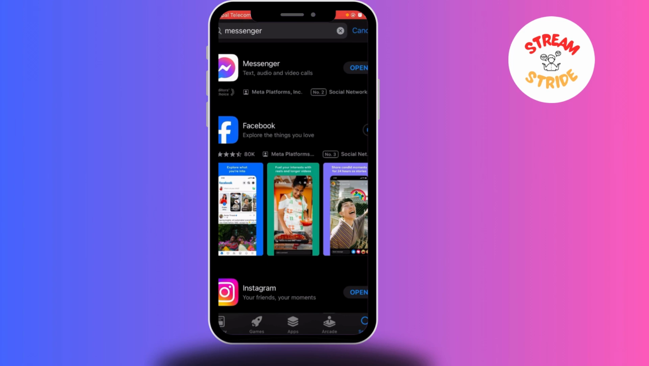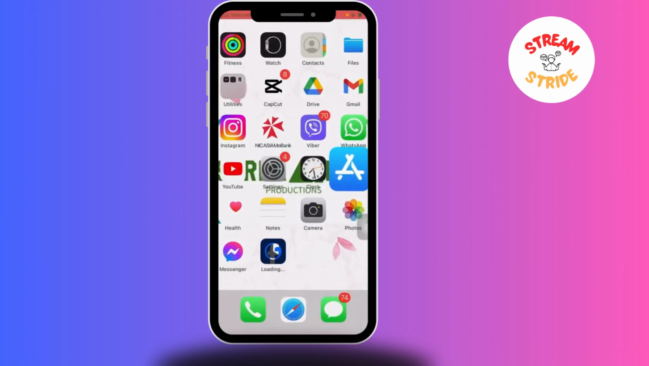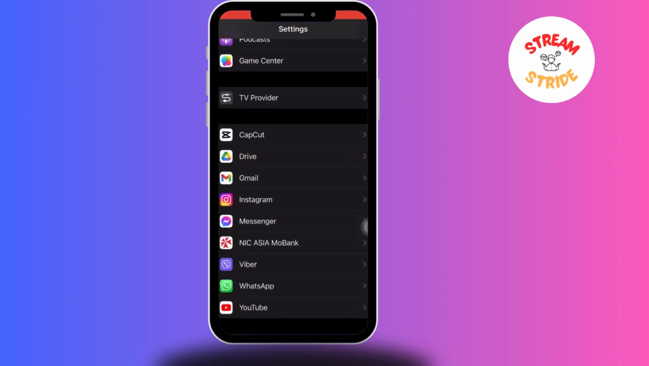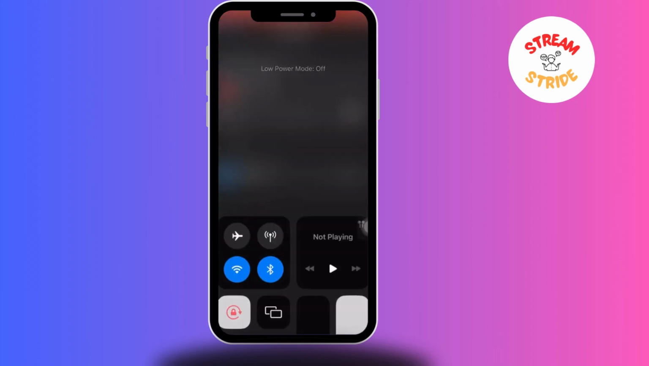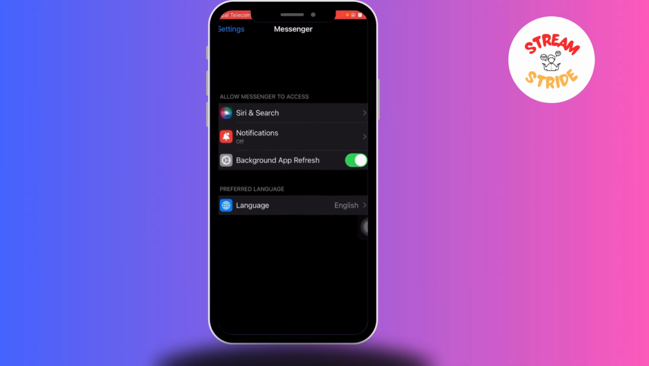The next thing that you can do is simply go to the settings and scroll all the way down to the Messenger app. Tap on it. Make sure to turn on the background app refresh button like this. Now,